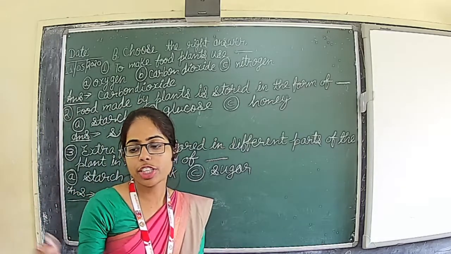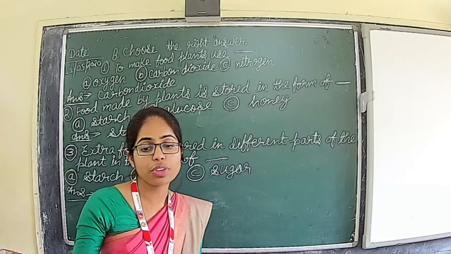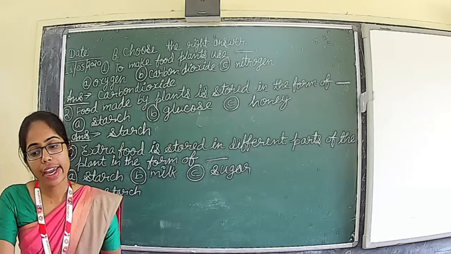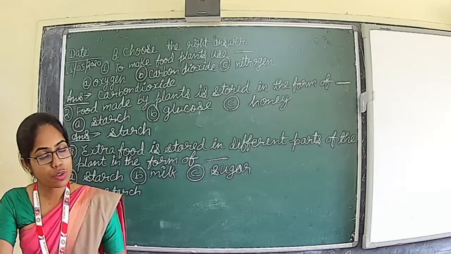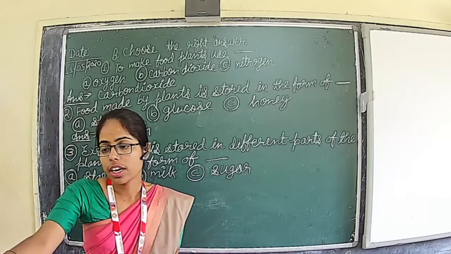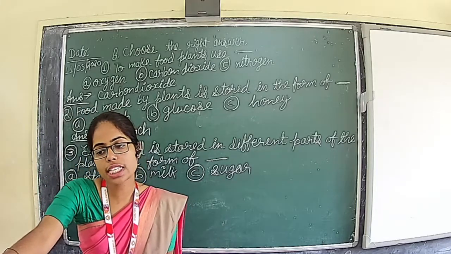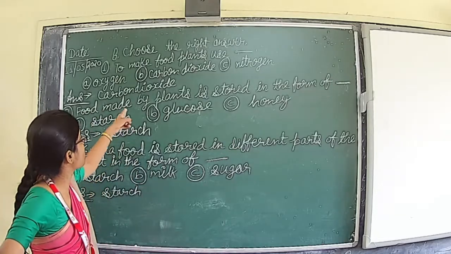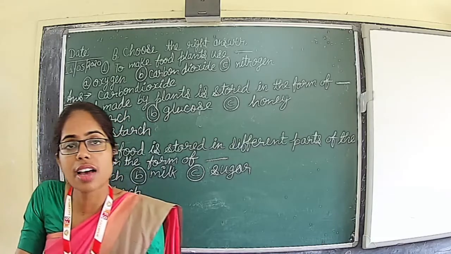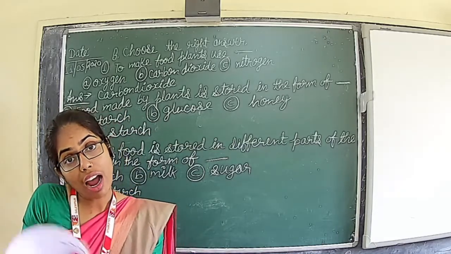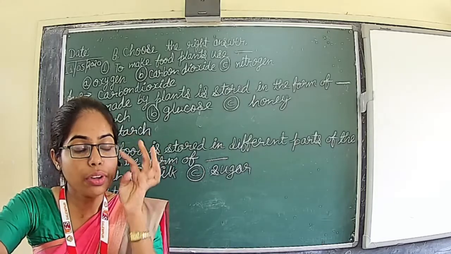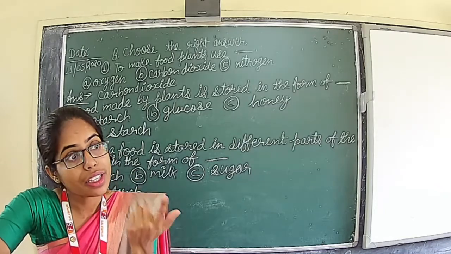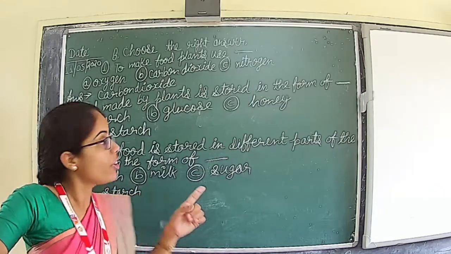That is, if we talk about the food made by the plants, in question number 2 we asked: food made by plants is stored in which form? Extra food is getting converted into starch and that gets stored. But plants use this glucose as food for energy and building blocks for growth. Don't get confused in question number 2. In question number 2 also same thing is asked. It's stored. And if it is asked, suppose in question number 2, food made by plants is used in the form of, then we will write glucose.